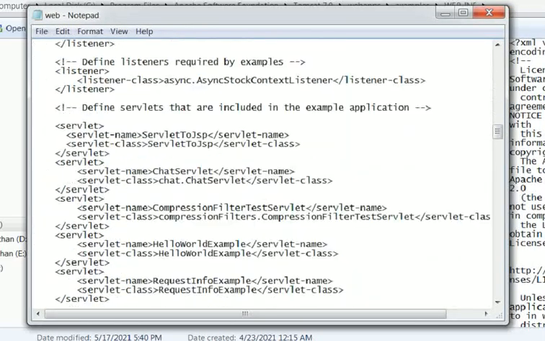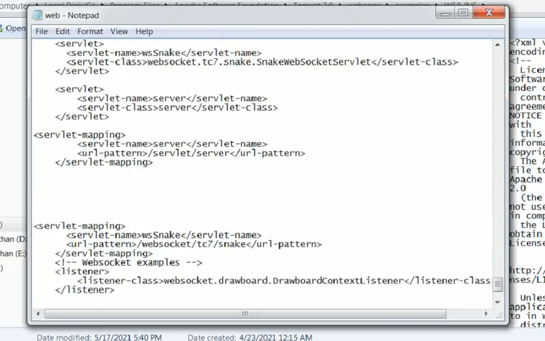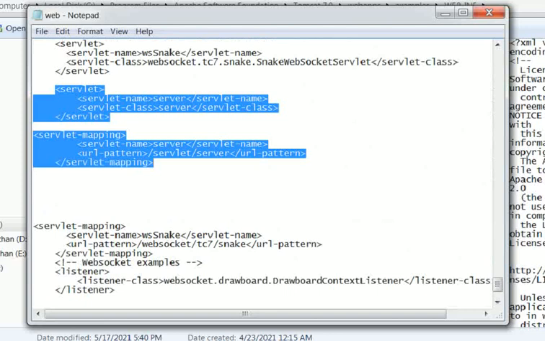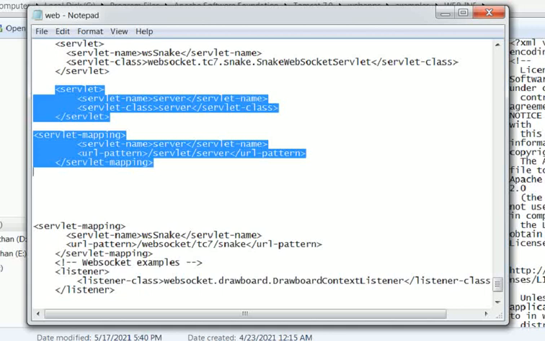If you want to insert, then go to the bottom. Here for this program I have typed this. Servlet name, that is server or the file name, and the class file also server, and then you want servlet mapping to be there. So servlet server. This is compulsory, you want to include it here.